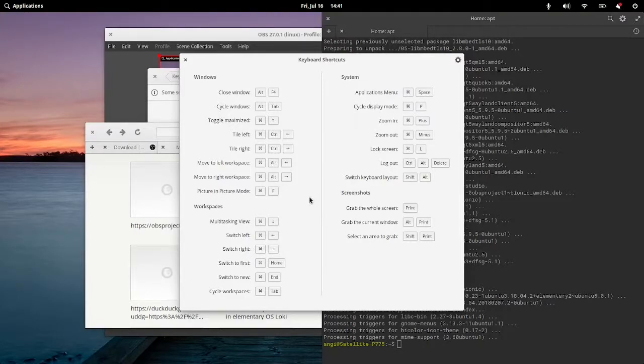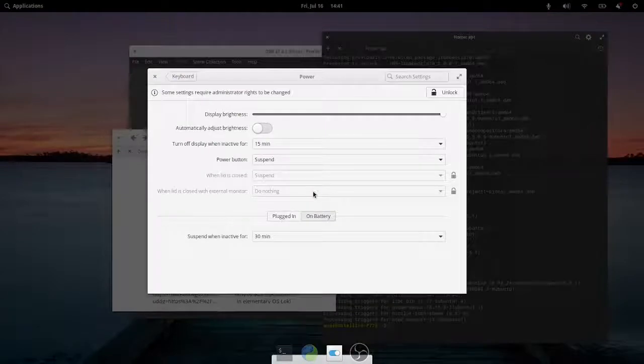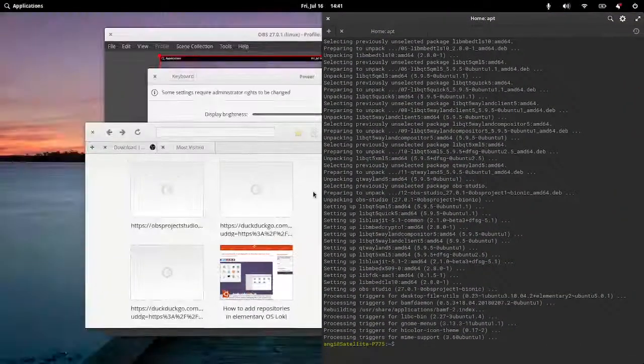The Control and Alt are not in the same place on a Windows keyboard as they are on a Mac keyboard. So I was scared that the function would be different, but no, this is a normal Alt Tab. You can't see the buttons that I'm pressing, but I'm pressing the normal Alt on my Lenovo Windows keyboard here, and it just worked.